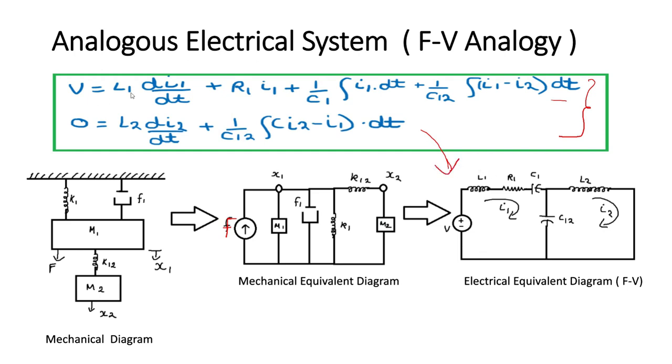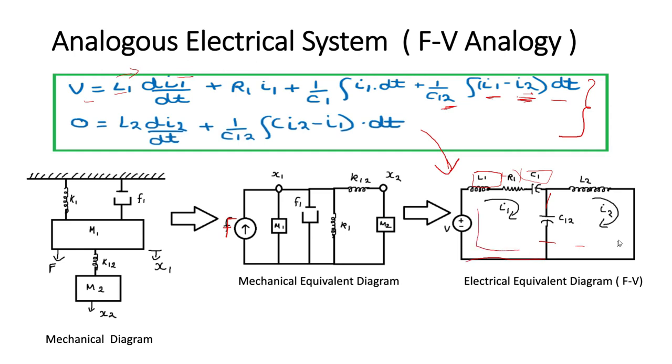So here you can see that it's a kind of mesh, and here you have two currents, I1 and I2. So it means you have two meshes. Therefore you can draw the circuit like this, and then V is equal to L1 di1 by dt. Therefore you will draw first the inductor, and then we have this resistor and then capacitor, and then you have 1 upon C12 integration of I1 minus I2. So this means this capacitor is between these two loops. Therefore we will draw the capacitor here and this loop is completed.